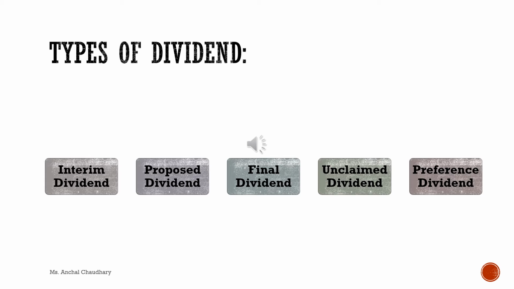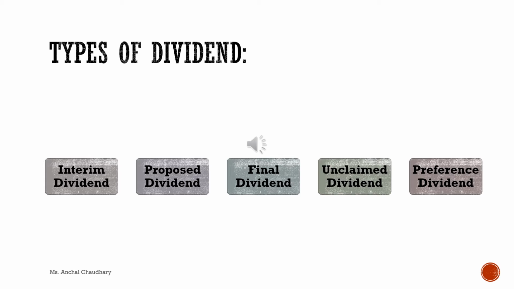It's a dividend which is paid between two accounting periods or two journal periods before preparing final accounts. So before declaring an interim dividend, the directors must satisfy themselves that the company maintains a sound financial position, and such dividends are to be paid out of profits which are available for distribution among the shareholders.